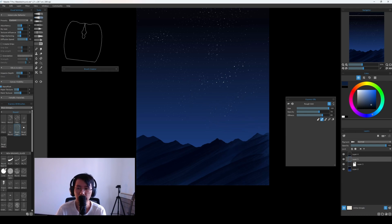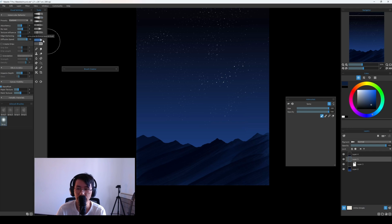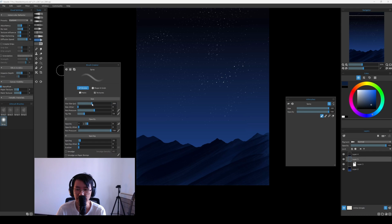Now let's pick the airbrush, spray airbrush, and here increase the maximum size and lower the opacity just a bit. I think 11 is okay. Let me see here. Let's pick a dark yellow like this, and if we paint on top here,